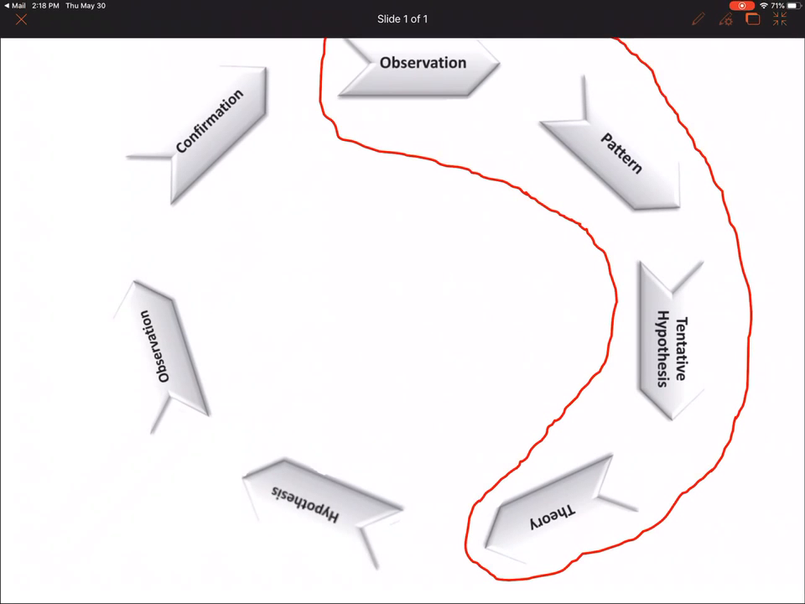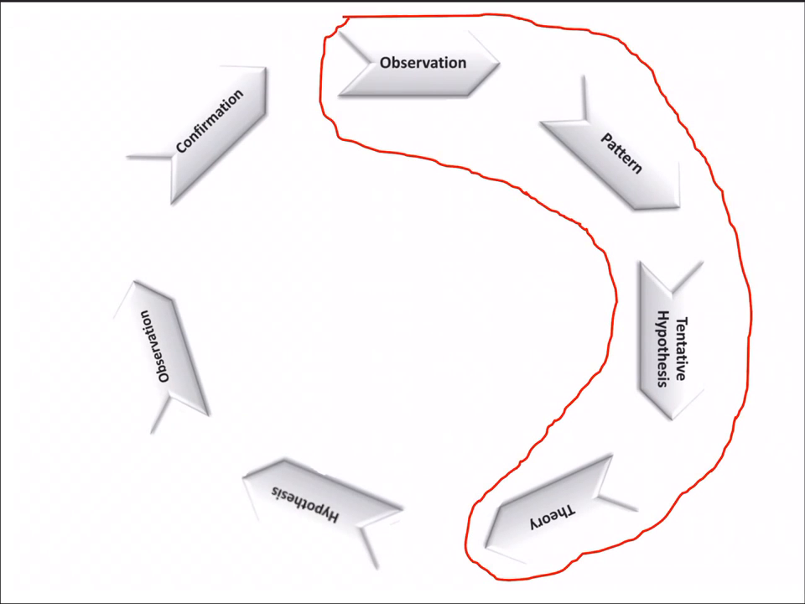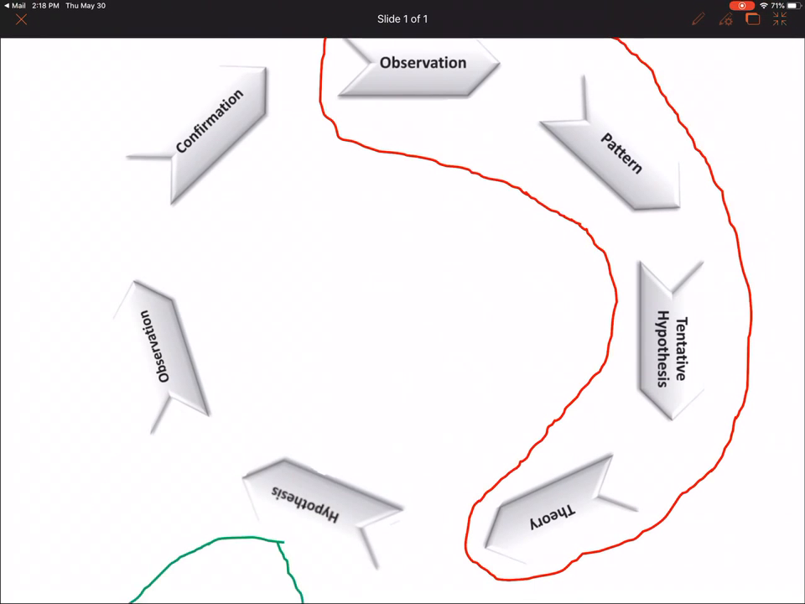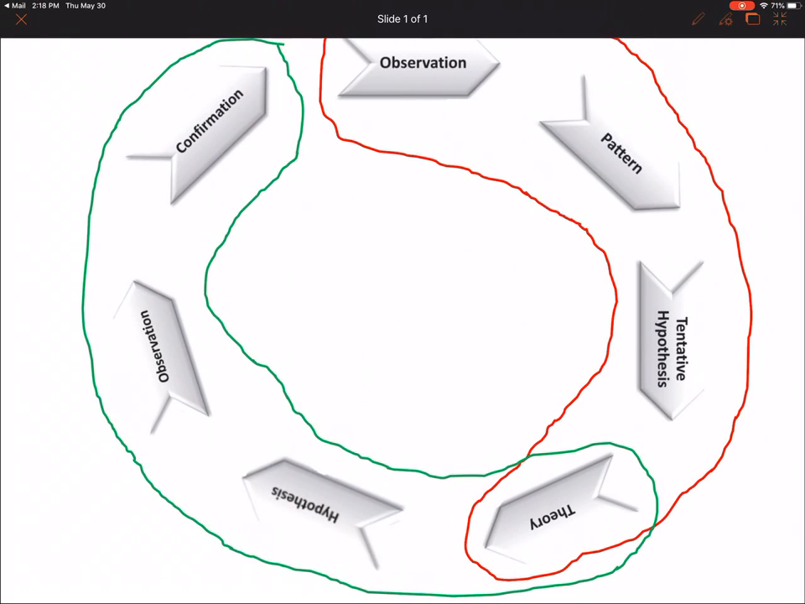circled area in green talks about a deductive process, and there's an overlap between the two, and that's why it really is a continuum